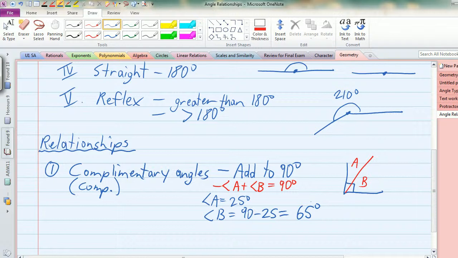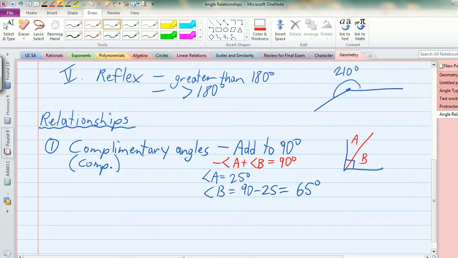And a lot of these you're going to do pretty quick. You'll get used to them. Okay, you won't need to check, but when in doubt, just check. But always use your head first to build up on your number sense. Okay. Good. So angle B then is 65 degrees. Make sure you have your degree symbol. Okay, it's a